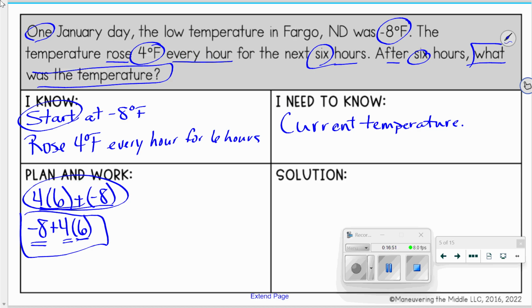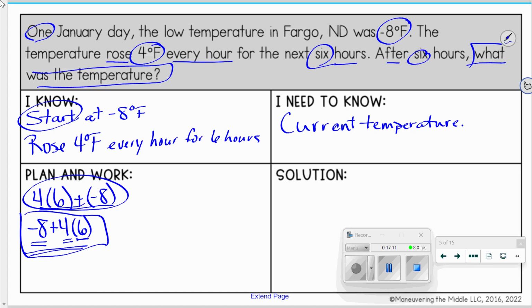So, in a test situation, because this question did not say which is the proper expression, it only asked for the current temperature. If you do the math right, you're going to get it with either one. So for our testing purposes, either one would matter. I just want you guys understanding, mathematically, when I look at this problem, this is how it should have been